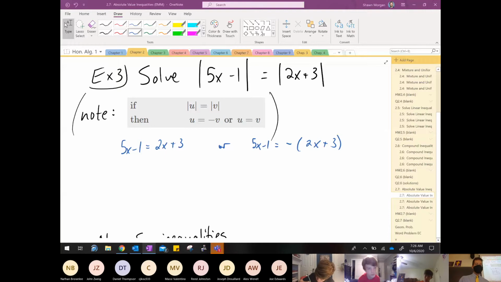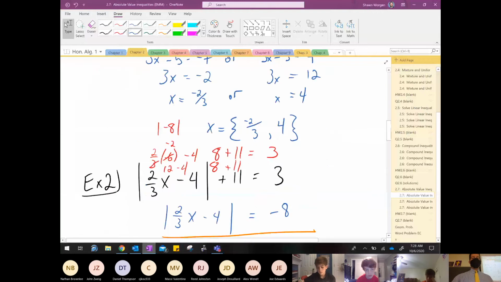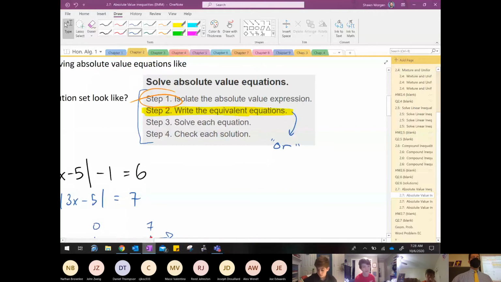Okay. Now, like I was asking Quentin and Drew at the beginning of the problem, we should notice, ooh, this was a little bit different. This one's got two absolute value expressions. So like our normal process, if you remember back up at the top when we started discussing this yesterday, our normal process for solving them, that first step, if there's a couple, you might ask the question, well, okay, which one do I isolate? For example,